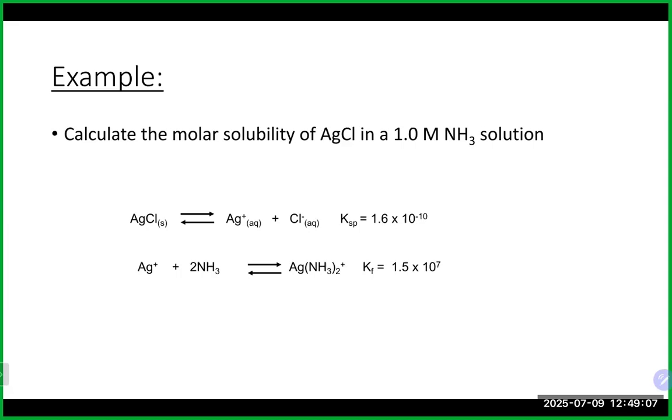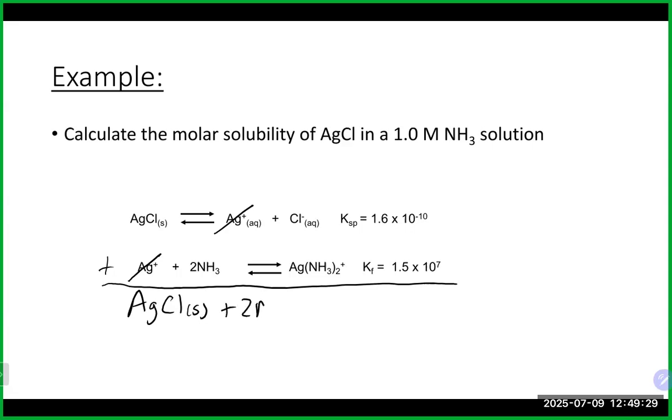So once again, just like we did previously, we have a couple of things happening. We could add these reactions together and see what is happening. In this particular case, it is actually the silver that's going to cancel out. And that will give us really the question there, which is what is the solubility of silver chloride when you add ammonia to it, right? And it's going to make this complex ion here